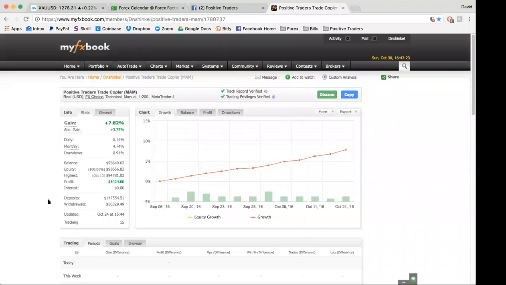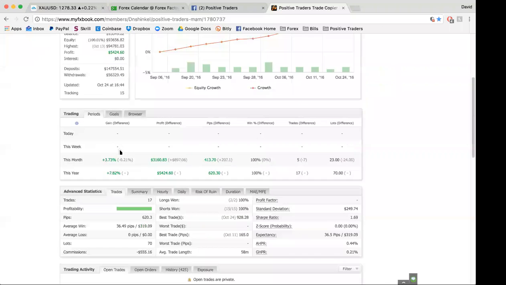Now, if you guys are looking to get your accounts managed, there is a trade copier. This is the result of our trade copier. Our drawdown is very low. Incorporating Friday's results, it's going to show 2% drawdown. Other than that, this week we're looking to make some pretty big power moves on the MAM, guys. I'd like to see this number doubled or even tripled. I really think there are some good setups out there this week. I think I'm more than capable, and I think that now that